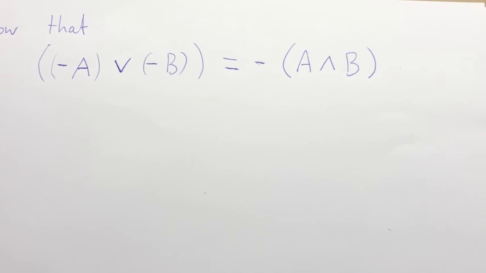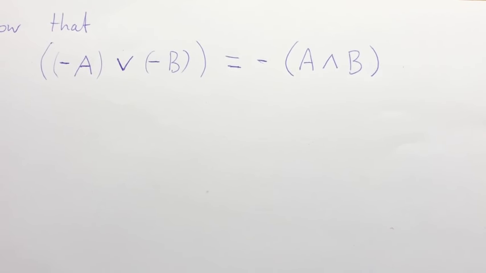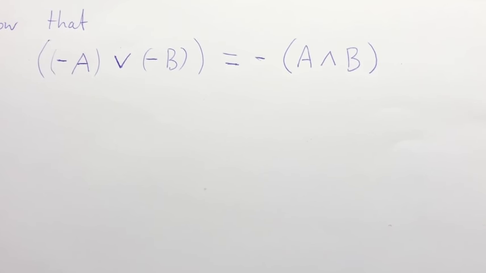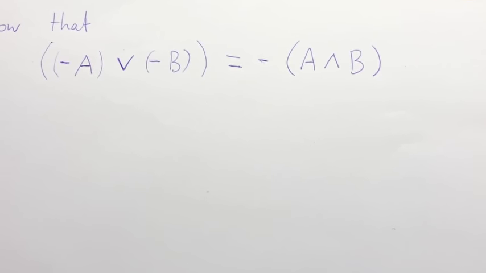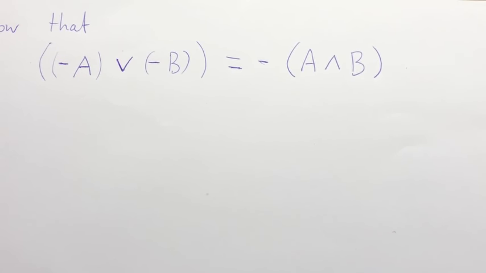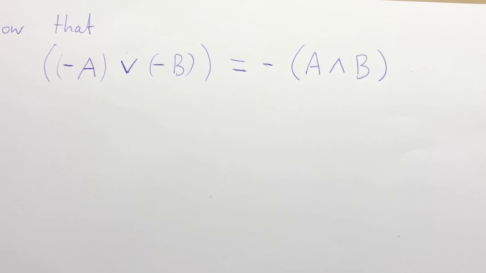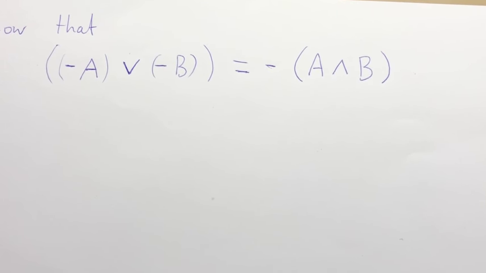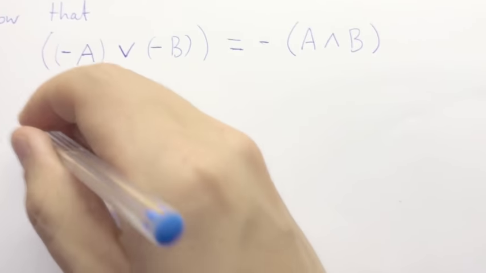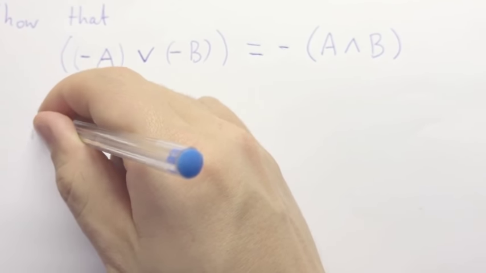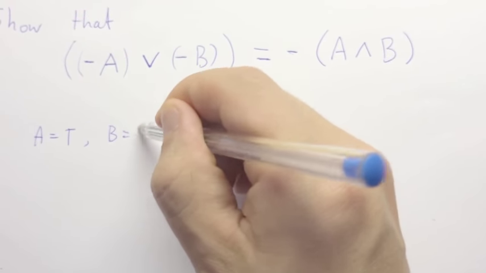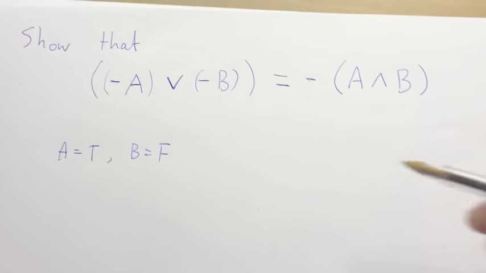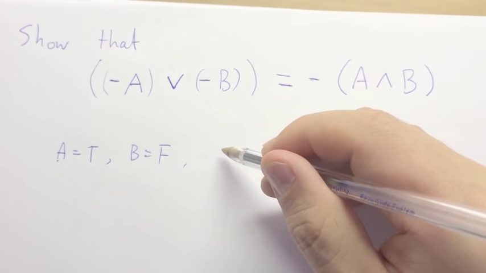Okay, so to show that they're equal, we just have to show all the possible true and false values of A and B produce the same true and false value on both sides. So for example, if we take A is true, B equals false,